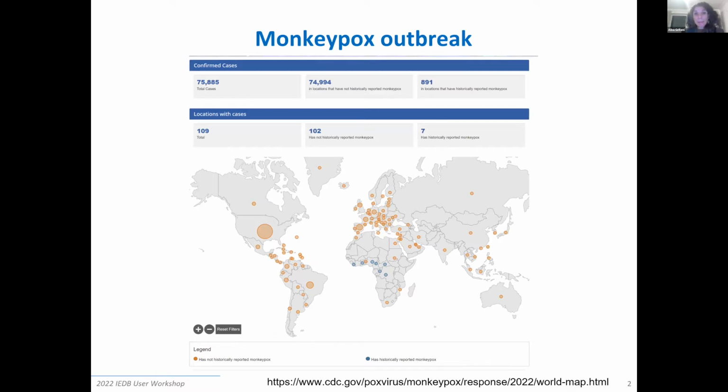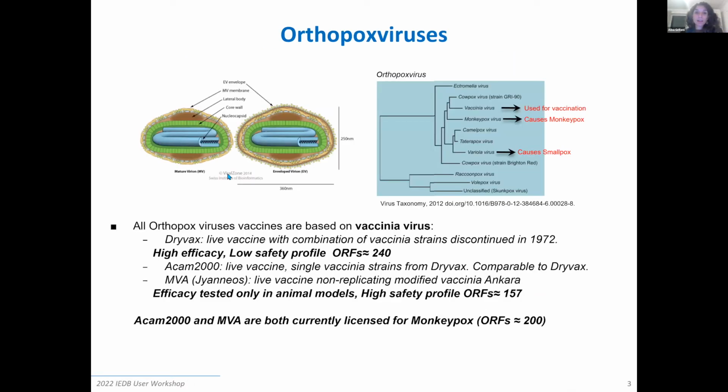About the monkeypox, this belongs to the Orthopox virus family, and this is quite a large virus, a double-strand DNA virus, comprising over 200 or more different ORFs. Part of the Orthopox virus family is also the very famous variola virus that was causing the smallpox infection. As many of you remember, smallpox has been eradicated through an active campaign of vaccination. In particular, they were using the vaccinia virus strain for vaccination, which is actually quite similar also to the